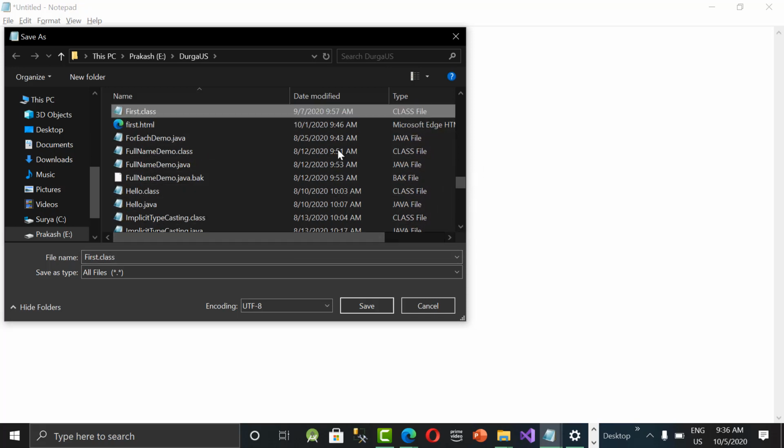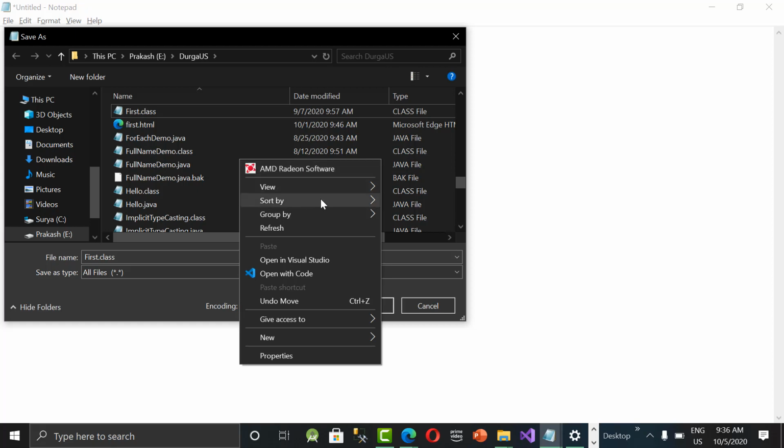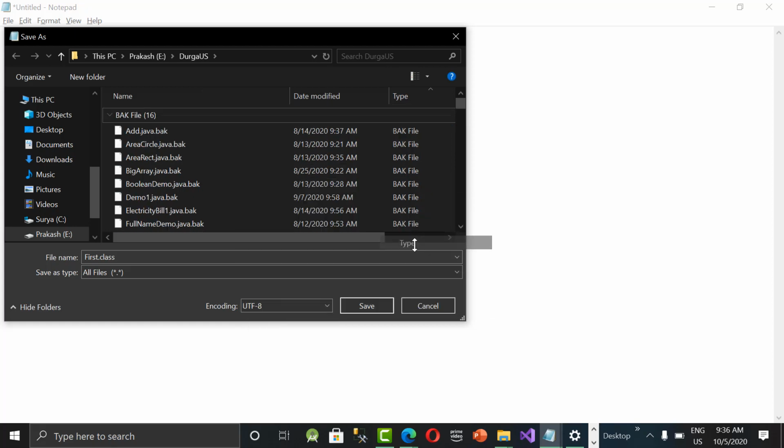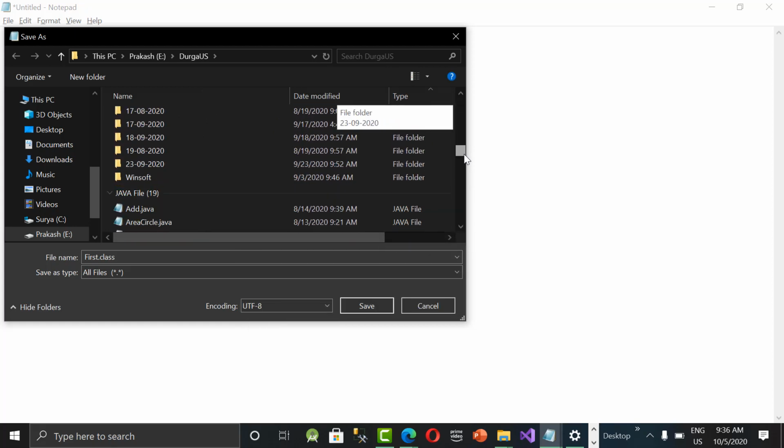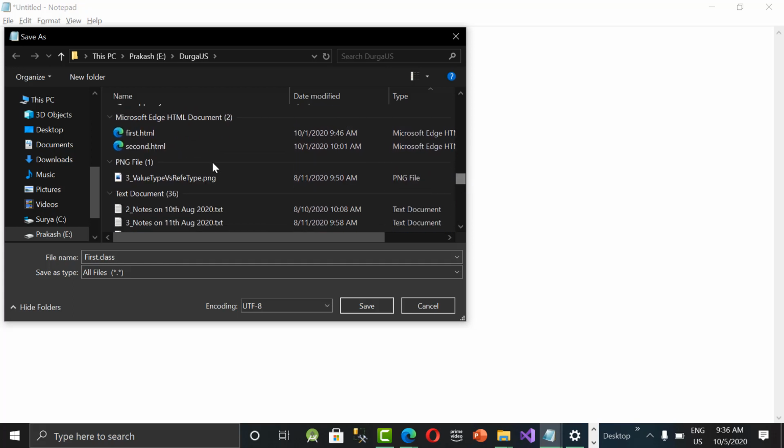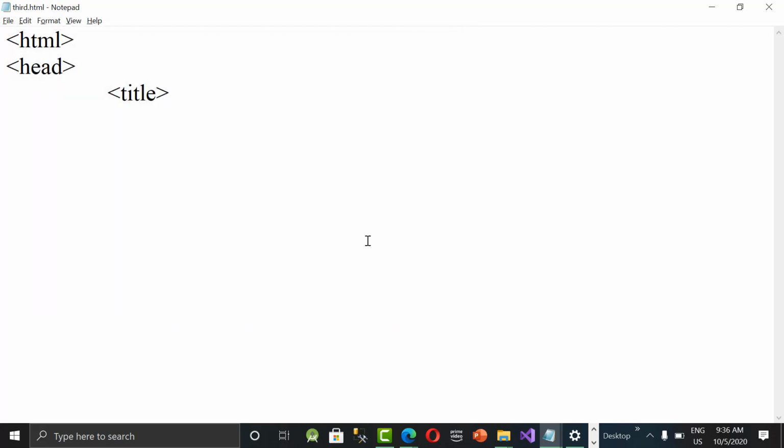Let's categorize group by type so that you can see all files together in one place. So we have two files, first.html and second.html. Let's save it as third.html. Save. Okay, so my third HTML page or web page, something like that. Title open, title close. Now I'm closing the head as well.